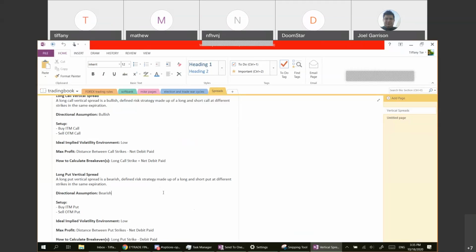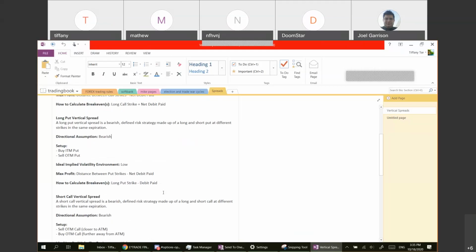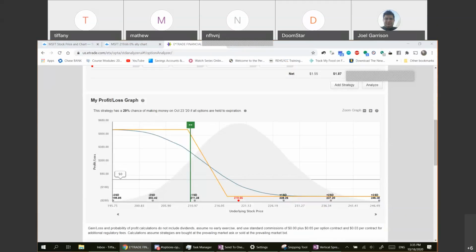If the next day when you close these out, in a small account, you're still going to be profitable with a tiny little credit in the end, like maybe $14 or $25. So that kind of covers the debit spreads. The credit spreads are something different. Essentially, a credit spread is also a risk-defined trade